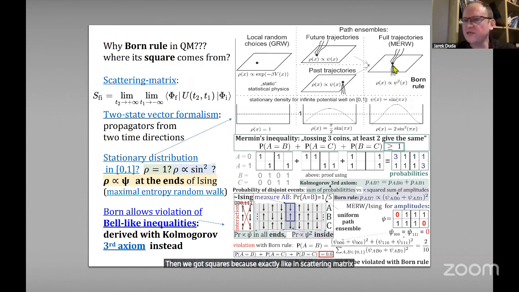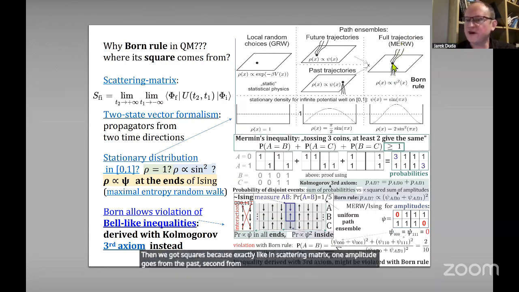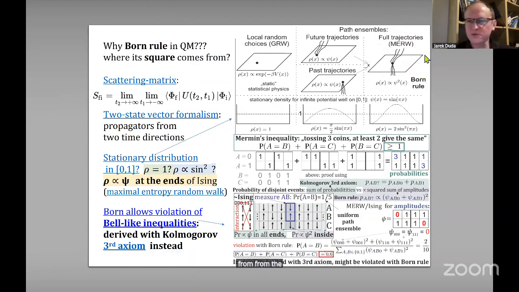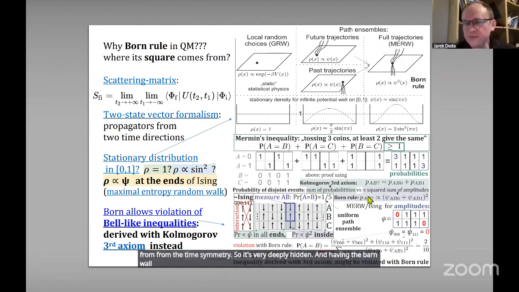One amplitude goes from the past, the second from the future, and to get some value, we need to take it twice from both amplitudes, getting the squares. So the Born rule, I don't know any other explanation, comes from the time symmetry. So it's very deeply hidden. And having the Born rule, you can violate Bell inequalities, because I